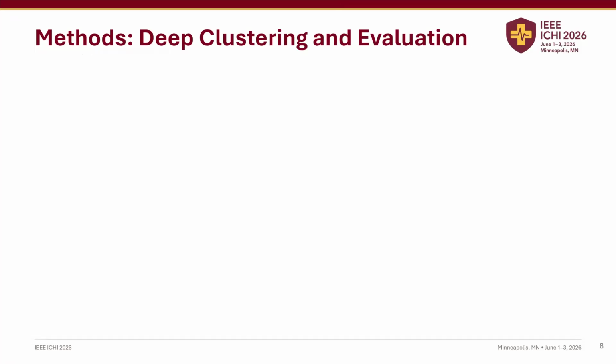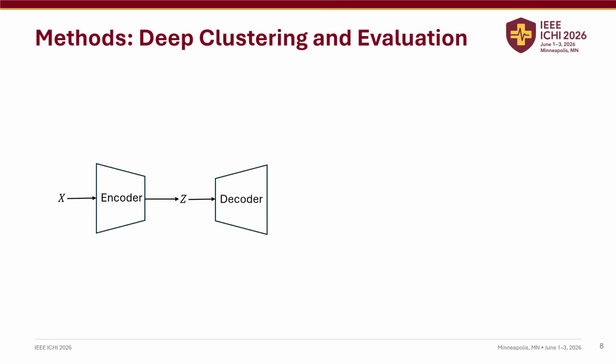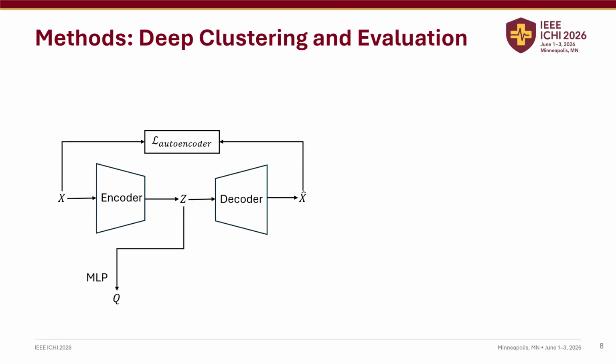Let's review how the deep learning model works and the evaluation method. We have our raw data X. Through an autoencoder, we get the embedding Z. We can get the X hat out of the decoder. Between X and X hat, we calculate the reconstruction loss. From the latent space Z, we apply MLP head to get distribution Q, and another distribution P is generated from the cluster head. And the cluster loss is calculated between P and Q.